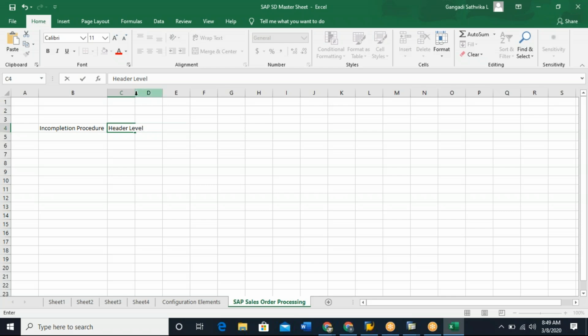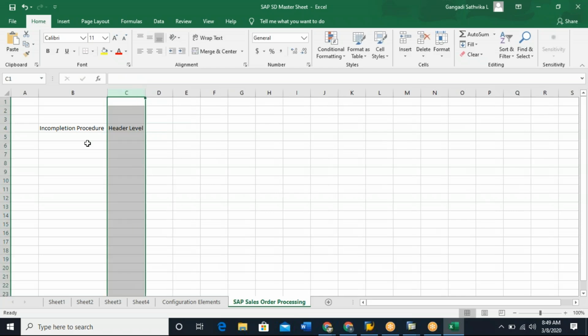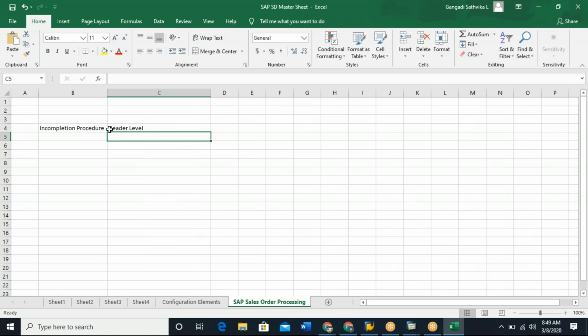That means sales order header level, and also we define this incompletion procedure at sales order item level,